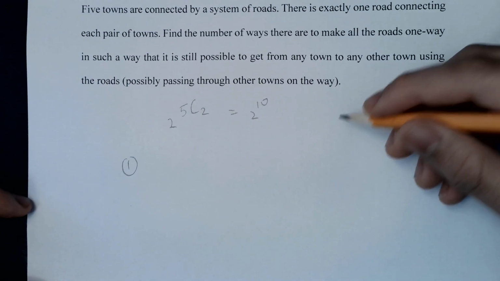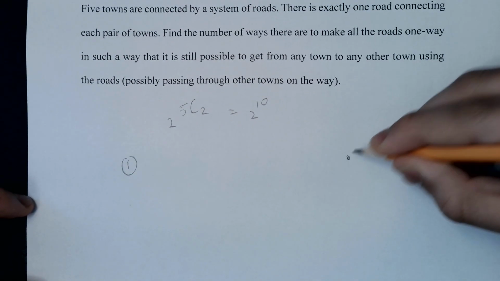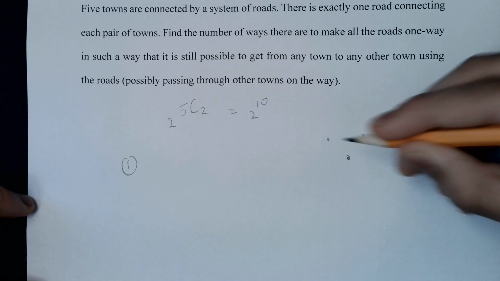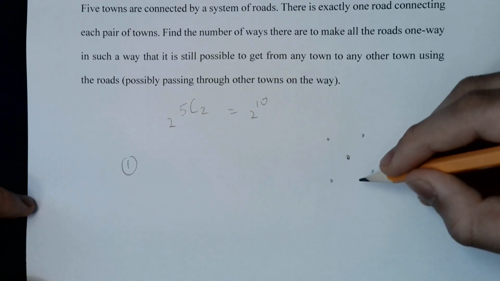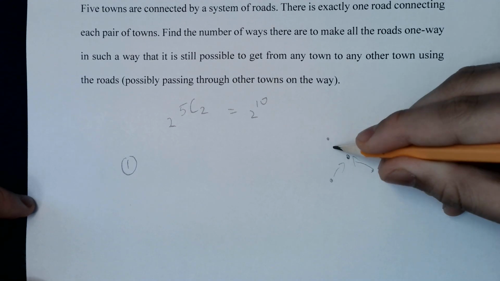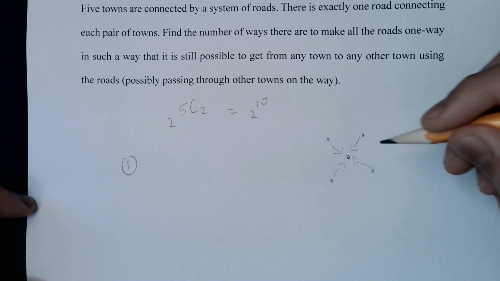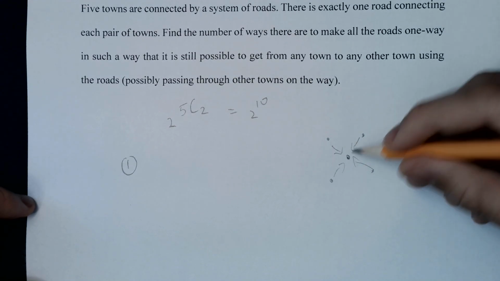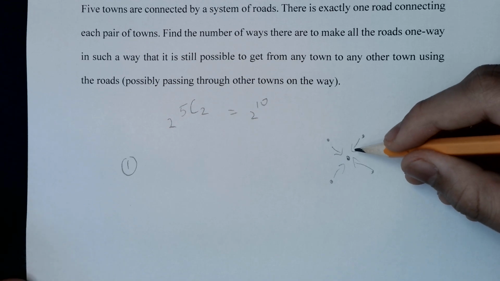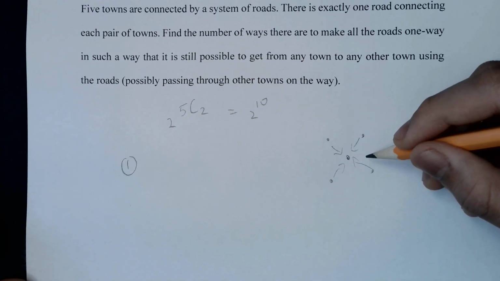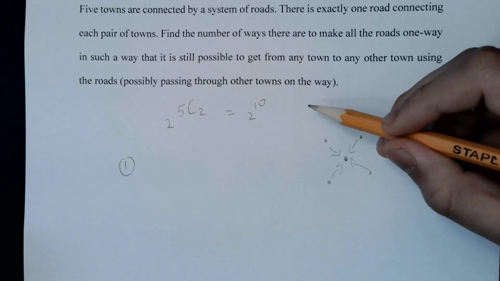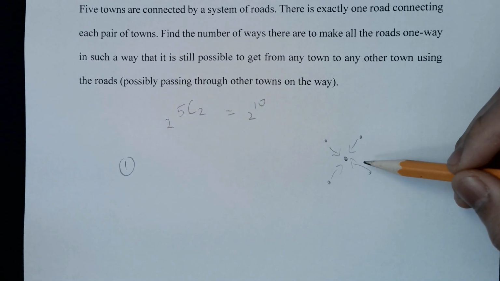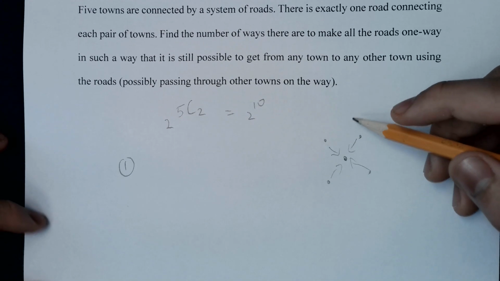So I'm going to write a small graph here. Let's write in a sort of like die shape, like so. Now, our first case is if all the roads lead into one town. This means that when you're in this town, you can't really escape it, and this would be a bad configuration. So this is going to be our first case. Now, in this case, we know there's a total of 10 roads, and there are 5 ways to choose one of the towns. So 5